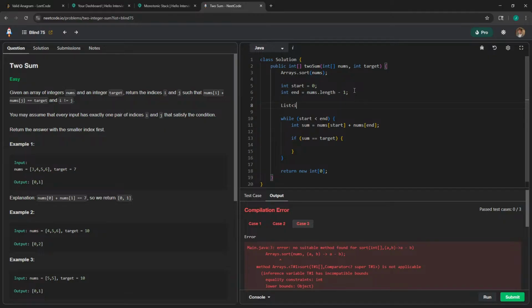Now I'm going to need a list of integers. Output is equal to a new array list, and we can say output dot... hold up, did I confuse myself? Oh, no, I didn't confuse myself. Okay, the output is going to be